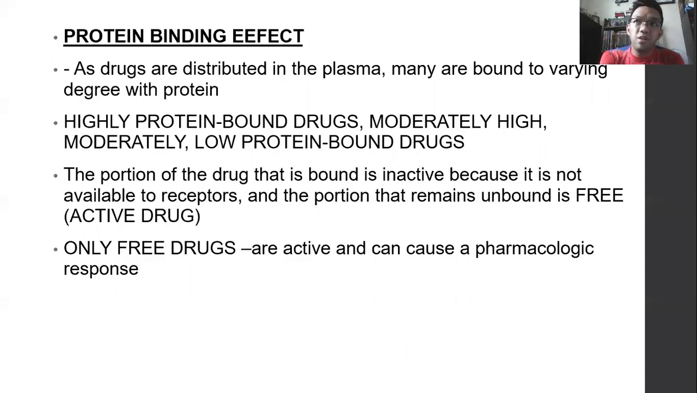So if the drug is bound to protein, it becomes inactive. Only the free drugs are active, these are the ones that can cause a pharmacologic response to the patient. But we need to take this into consideration as well, because if the patient is malnourished, they have lesser albumin in the blood,